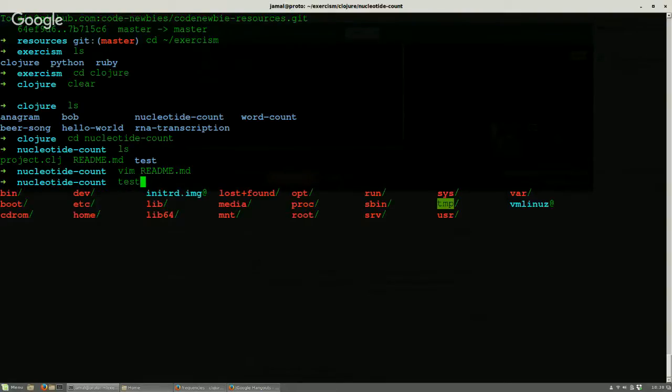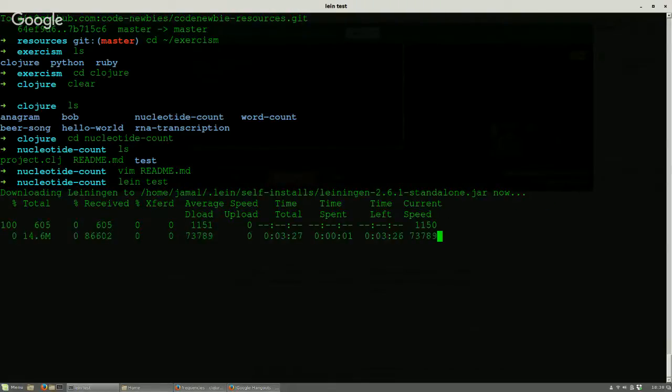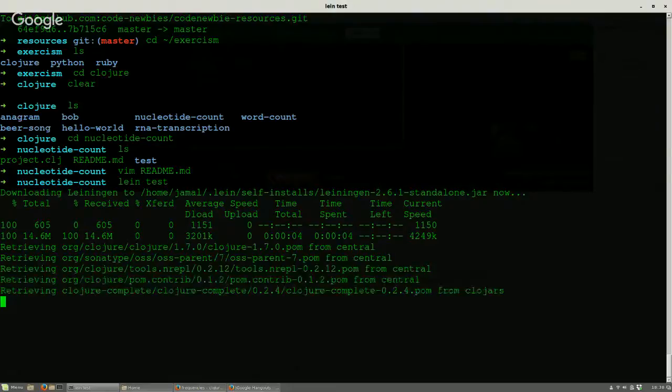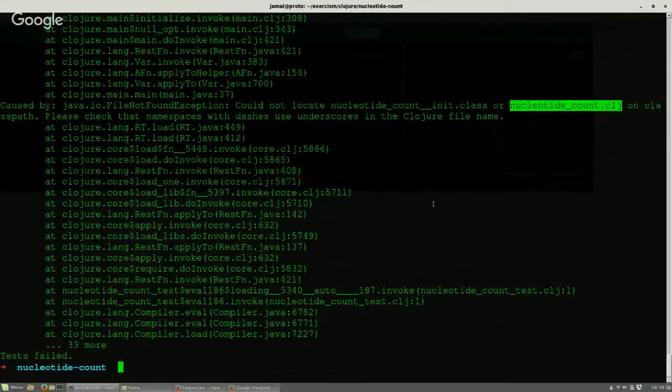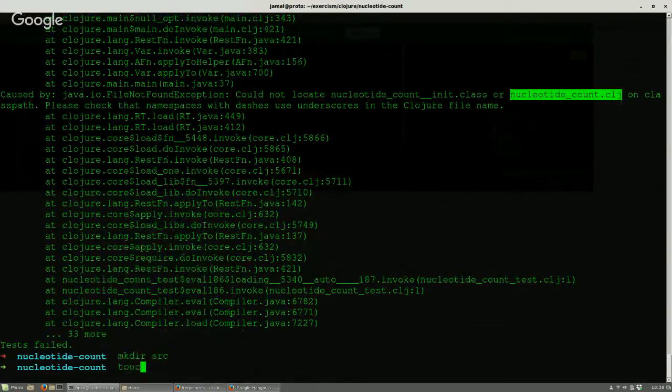Test folder. So we'll just do line test and hopefully my confusion will go away. And as you can see, I have not run Lineagen since I reinstalled everything on my computer. Okay. Let's see. Nucleotide count.clj. Now I think we need a source folder, so I'm going to make a... Yes, we do. Source, and then I'll go ahead and touch source